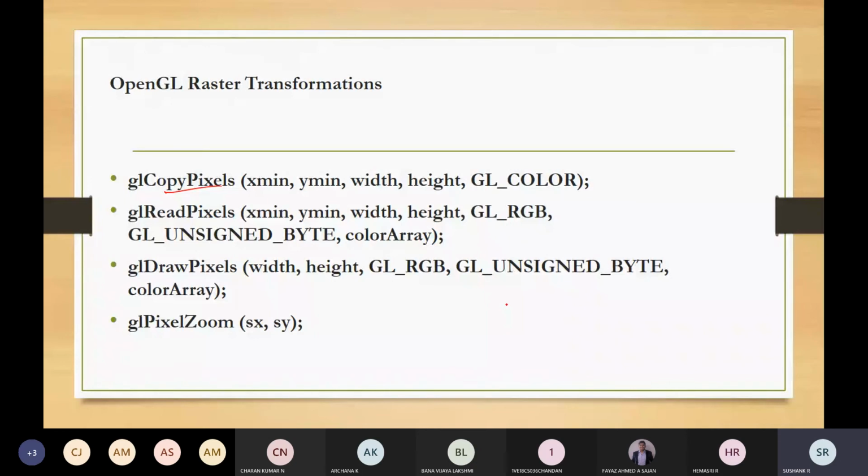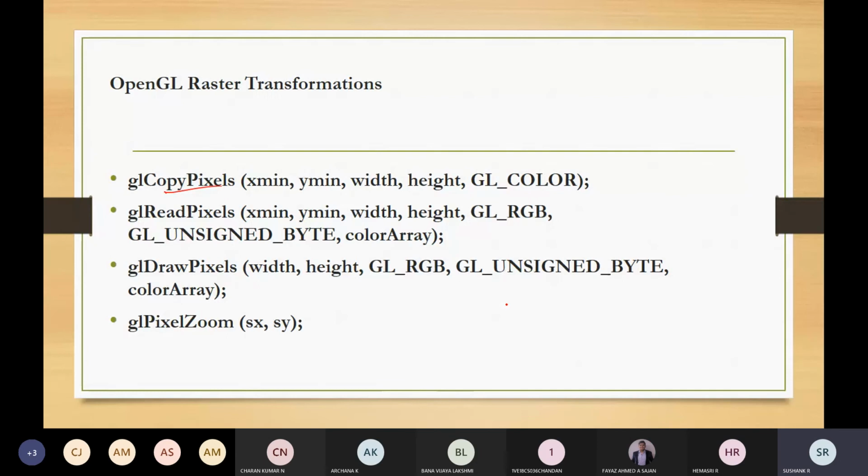It contains xmin, ymin, width, height, which give the location and dimension of the pixel block, and the color, which tells which color you have to copy. This is done by the first function, copy pixel.